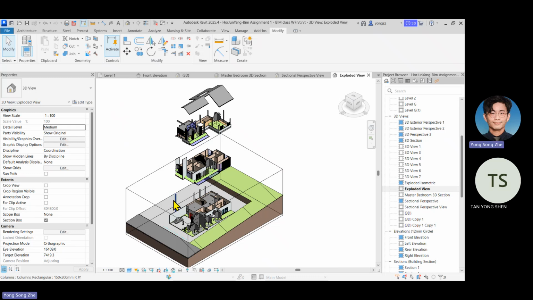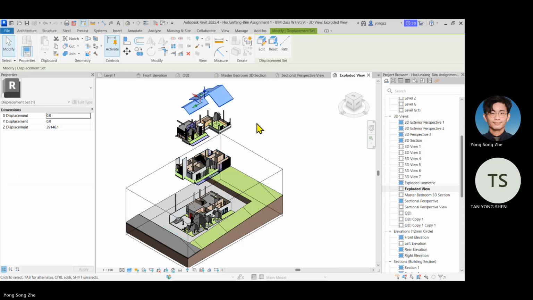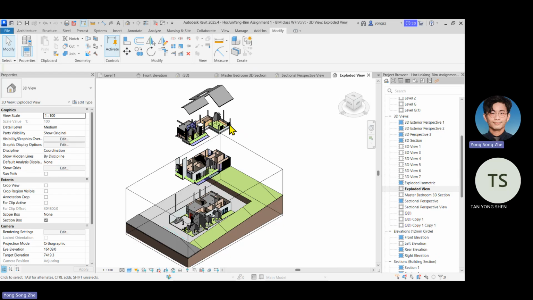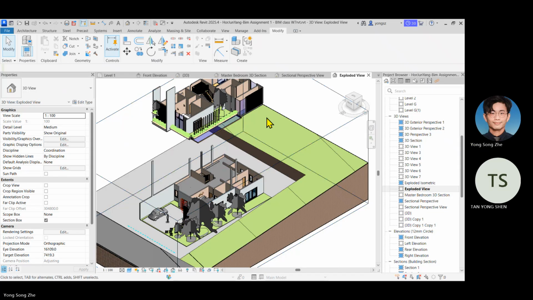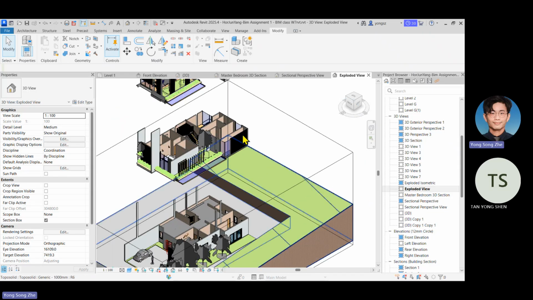So this is the brilliant part of it. Once you have this, you can displace some of your facade as well. Let's say